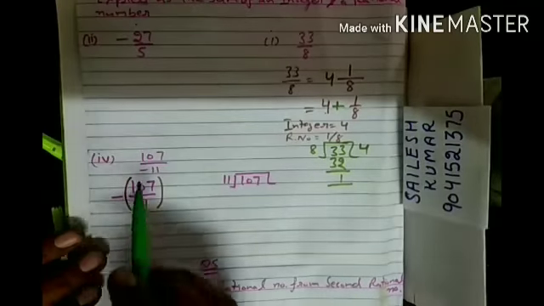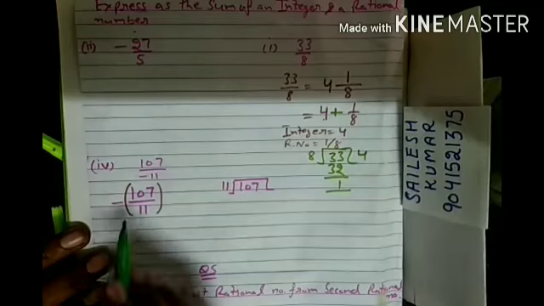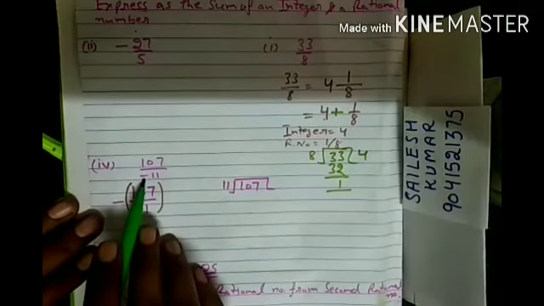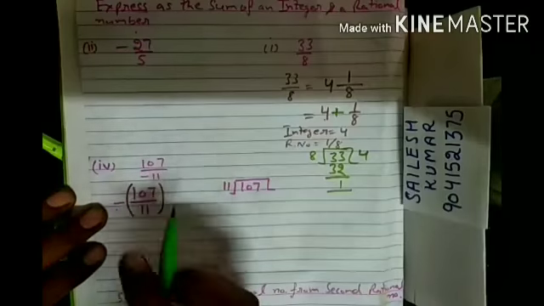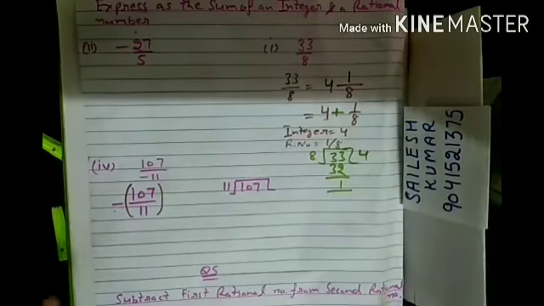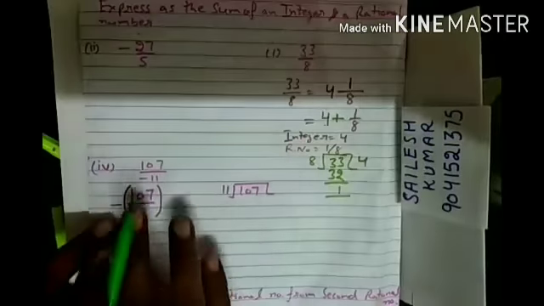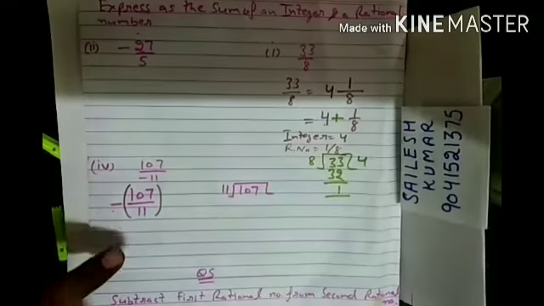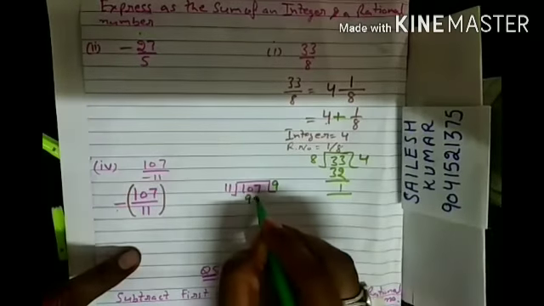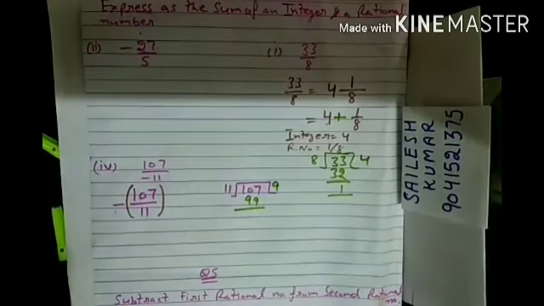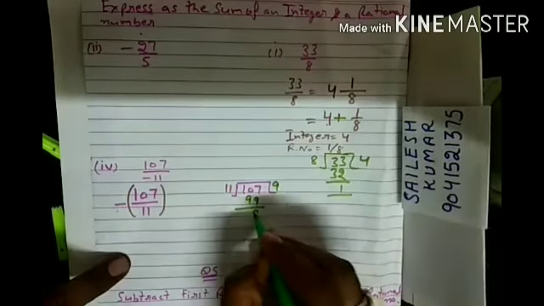Now we will solve this question. 107 over minus 11. As I have told you earlier, we will write the minus symbol in the center, and I have to write this 107 by 11 in the bracket. Now I will adopt the same method here as I have done in this question. So I will divide 107 by 11. So in the table of 11 I will get on the 9, 99. 11 nines are 99 and 11 tens are 110. That will be more than 107. So 107 minus 99, that is 8.